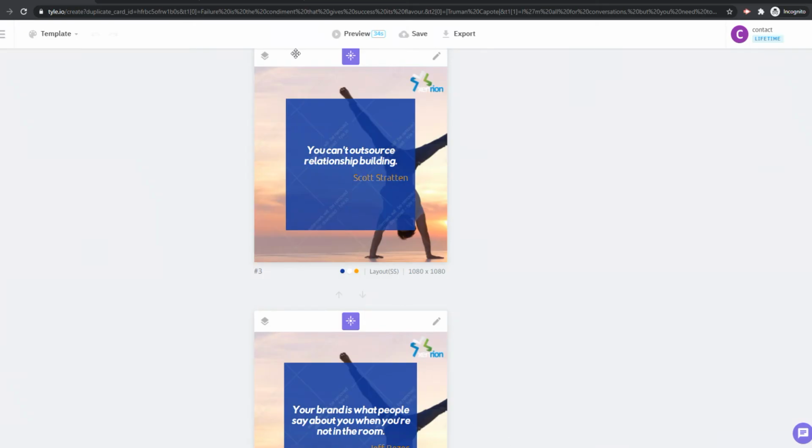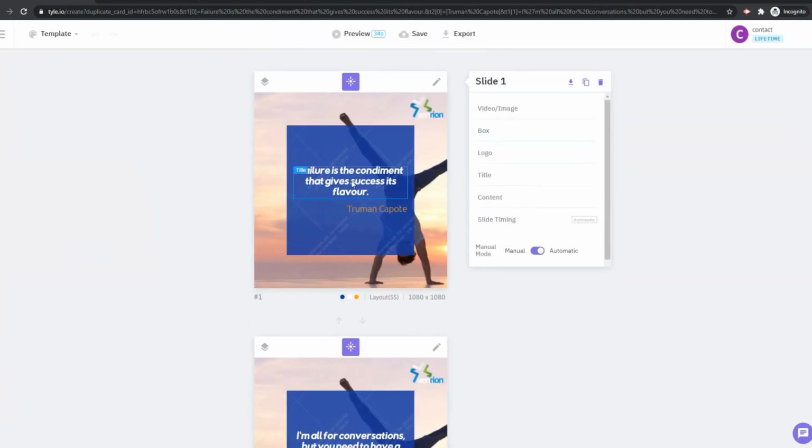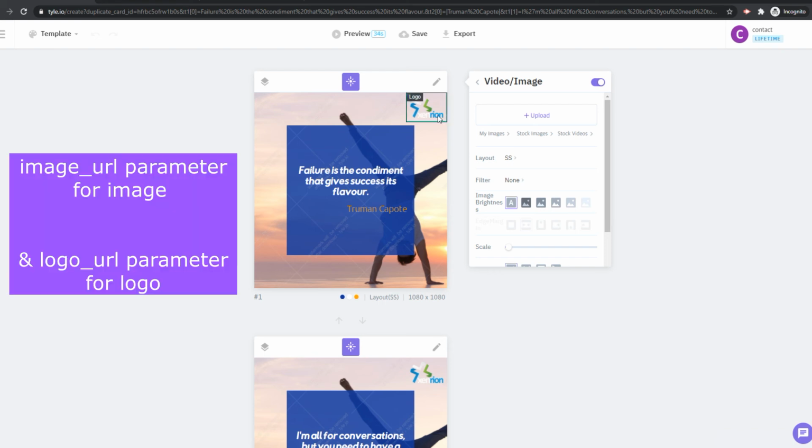Along with T1 and T2, there are parameters which you can pass to actually change the image URL and logo URL as well.